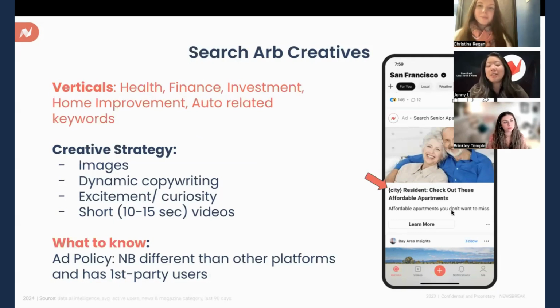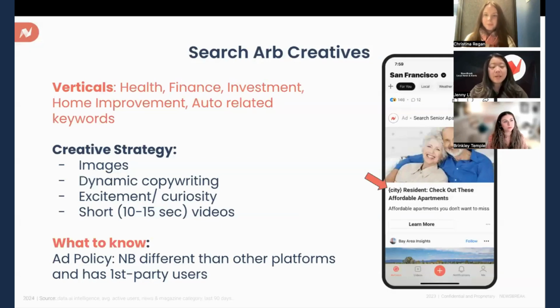So things like, let's say, San Francisco resident, check out these affordable apartments. We currently see images tend to perform slightly better for search, or it's more common. However, we're also seeing an increased amount of people testing out short videos as well. Recommend to test out 10 to 15-second long videos. I wouldn't recommend anything longer than that for search. And it's really important to drive excitement and curiosity into the product or the category you're going to be driving